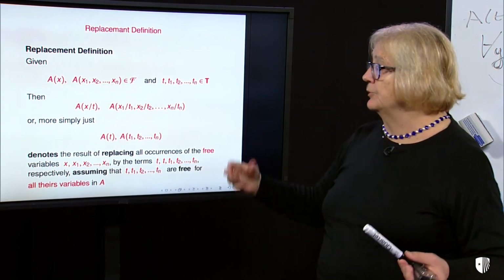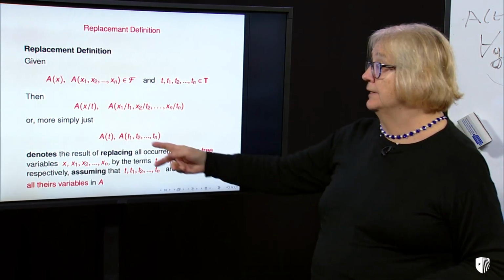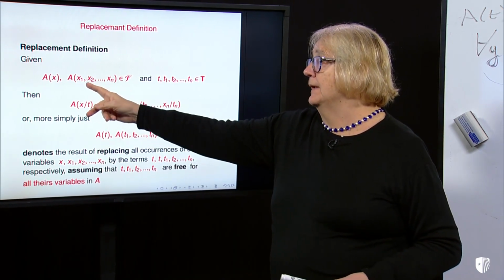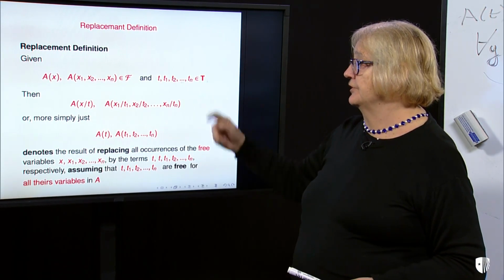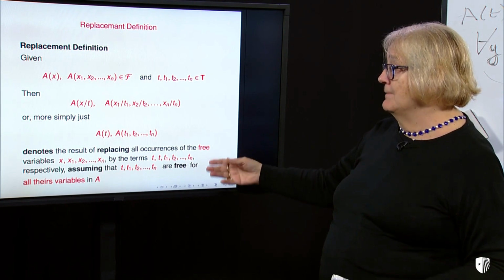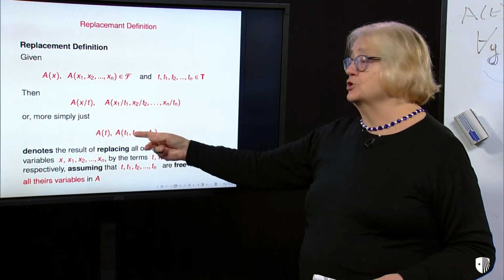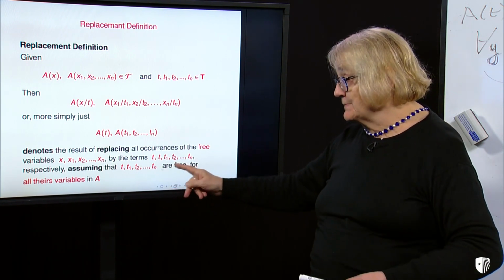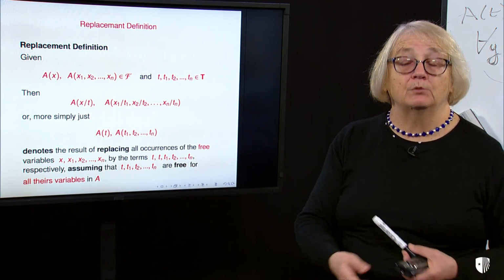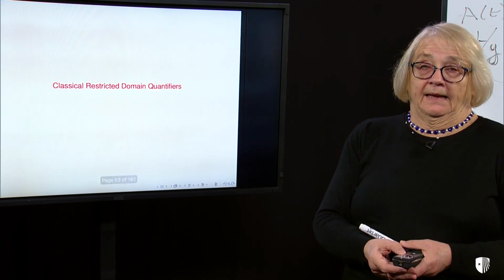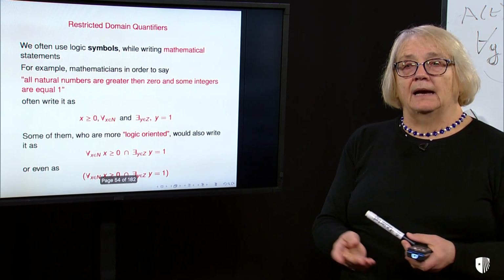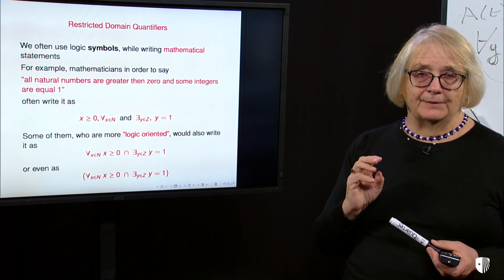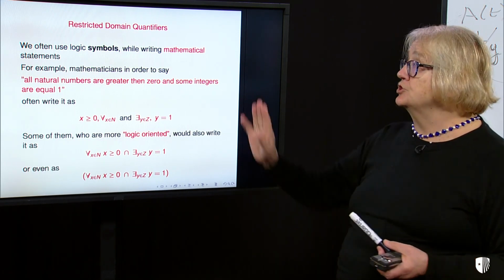We also generalize that definition: if you have a formula with possibly n variables, you can replace x by t, and you can replace each of those variables by certain terms. Of course, all those terms, when you perform the replacement, must be free for their variables in the formula. And now the other important notion, which we already covered in chapter 2, is the notion of